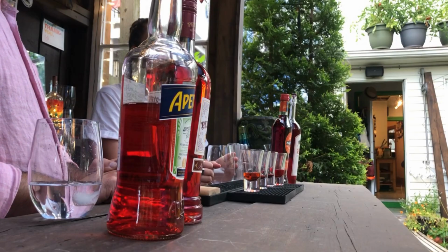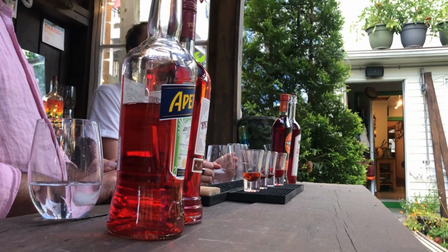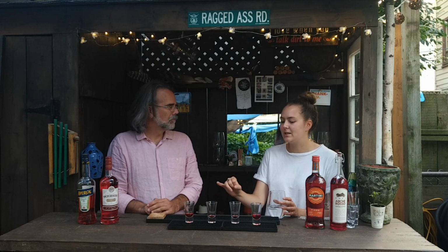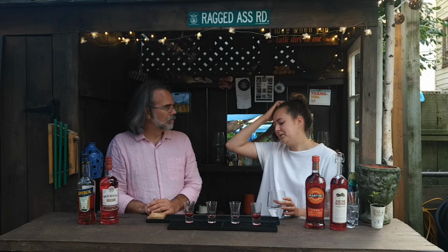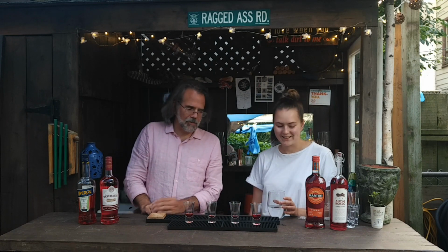There is definitely a hint of orange there, but it's not bitter in the same way. And there's a kind of berry tone there, almost like blackberries or something like that. It's more like biting into an orange or having orange juice as opposed to a pithy, zesty orange. The Aperol and the Peychaud's really lean into the zest, pith, bitter flavor, and this is much more like a Tropicana orange juice with cranberry or something, which I think it would be delicious with. You know, I was just so caught off guard by it